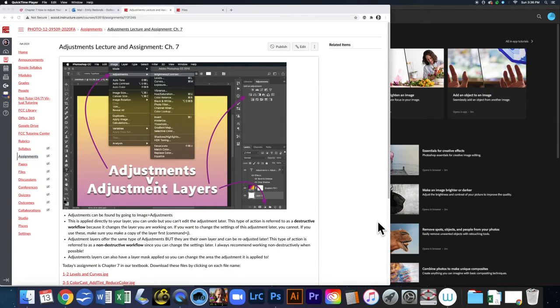Hello students, in this video we're going to be talking a bit about adjustments versus adjustment layers, and I'm going to be walking you through your assignment for chapter 7. Alright, so adjustments versus adjustment layers. They look very similar. Adjustments are going to be under your image menu, and you go down to adjustments,